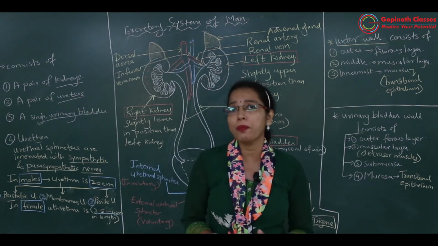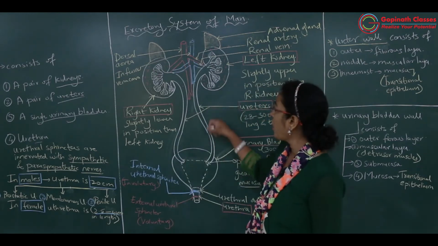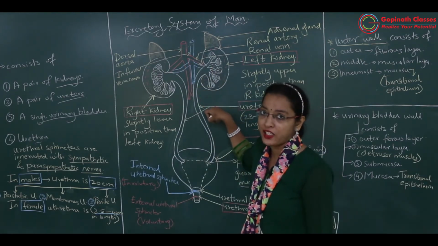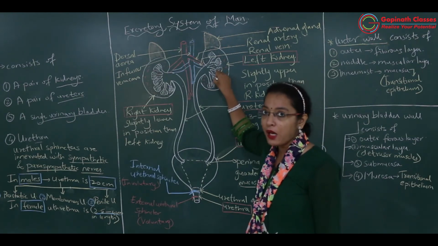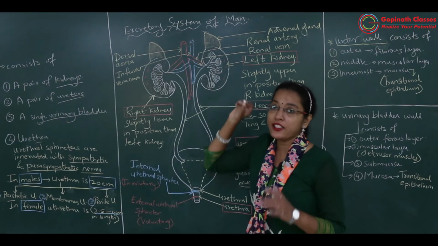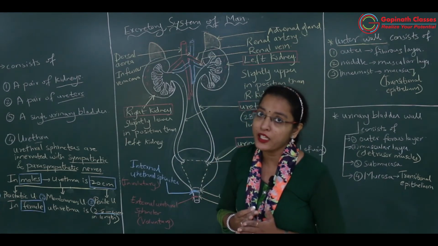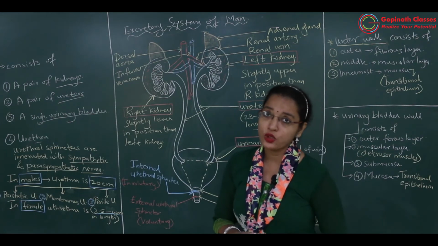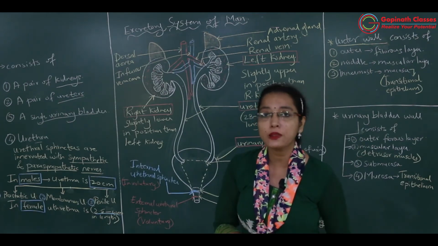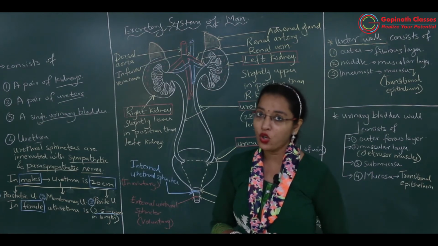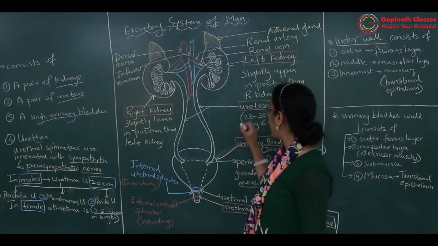Okay, so what will be the function of the ureter? Ureter tubular है और क्या कर रहा है? यूरिन कैरी कर रहा है. कहाँ से कैरी कर रहा है? किडनी से. ओके, सो किडनी क्या बना रहा है? यूरिन बना रहा है. And this urine which is there is having nitrogenous waste which has to be eliminated out of the body. So for elimination purpose, it has to be carried further to the next part of the excretory system. Got it? So it will be carried through the tubular structure, that is the ureter.